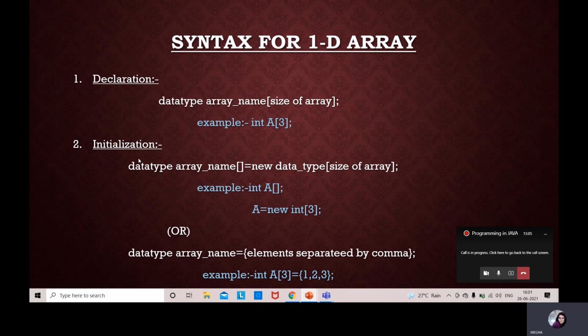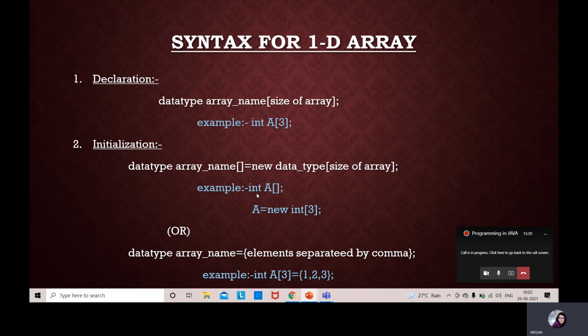Similarly, initialization. In this, we have data type, array name, and empty square braces, equal to new data type array. new is the keyword here, and the data type of the array should be specified here, and again the size of the array.